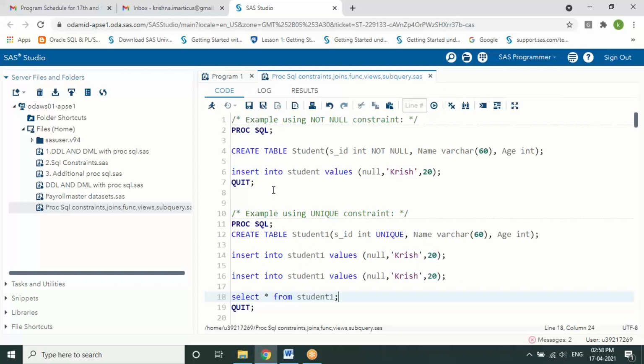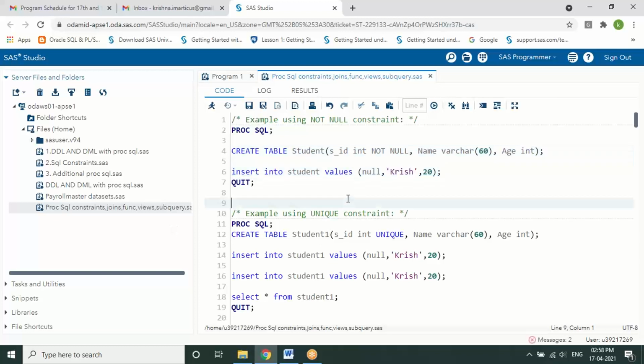Krishna, yes, these commands are the same that we use in MySQL also. The same SQL commands, but to execute them in SAS, we need to put the SQL statements under proc SQL and quit. Whatever statements you see in between are completely SQL statements only. The syntax we are using here is mostly Oracle syntax.